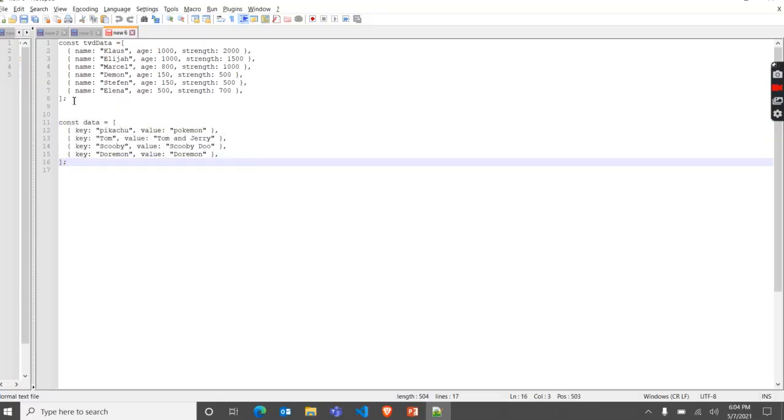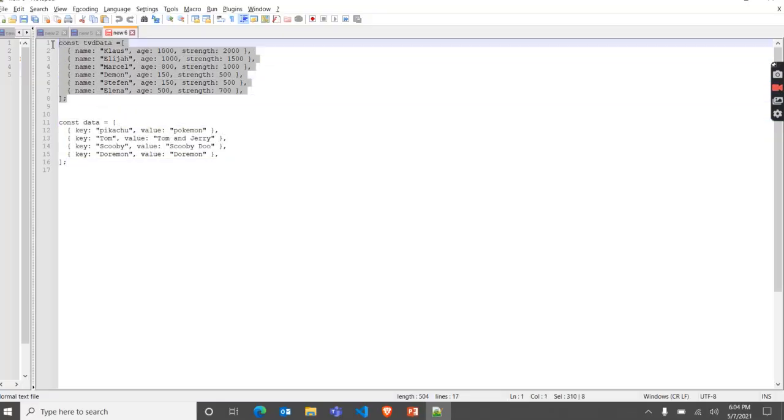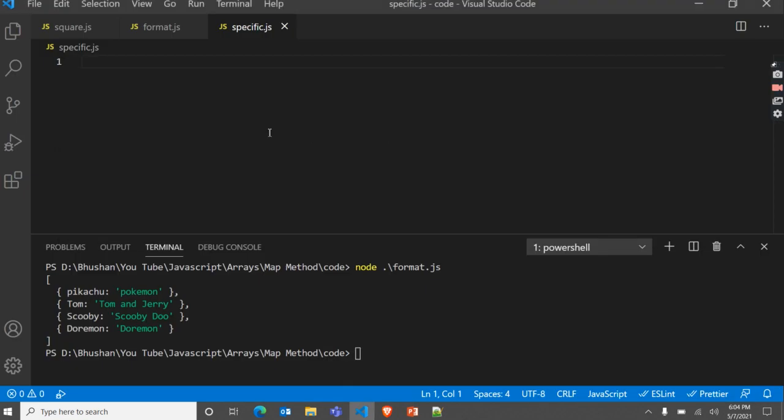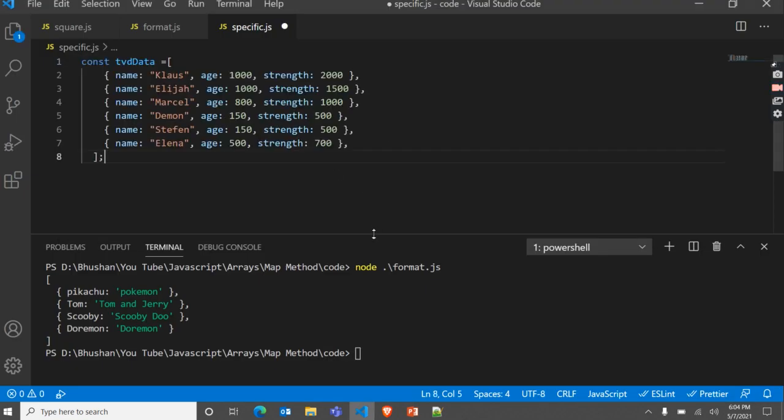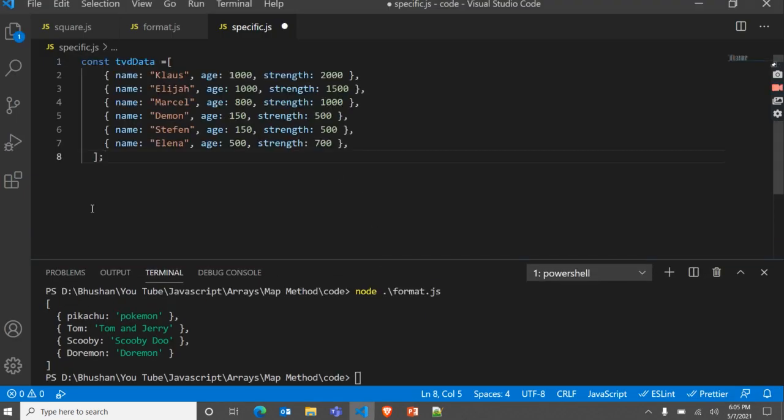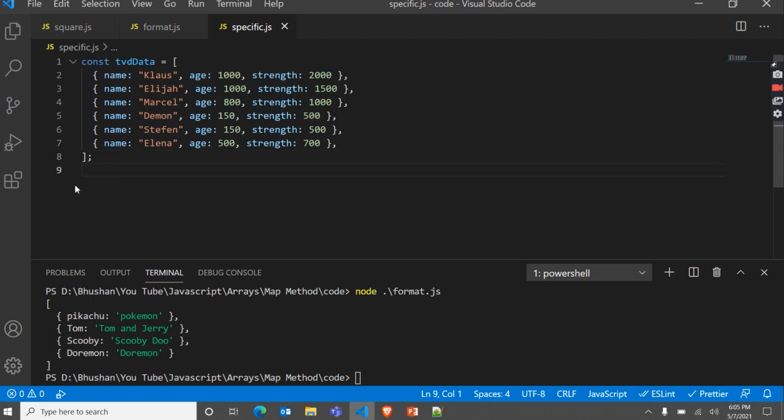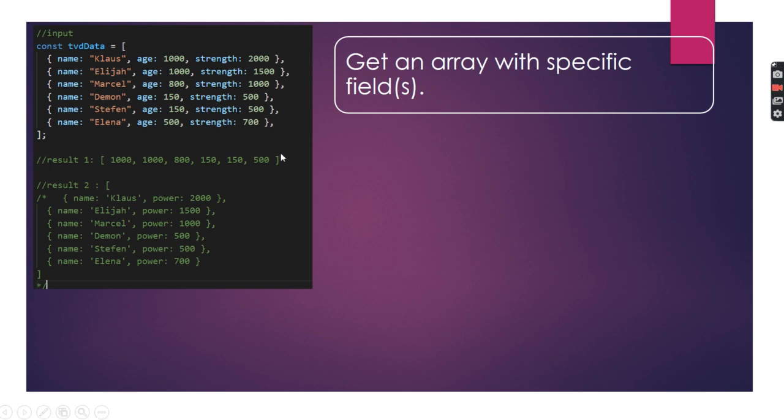I have this data, this one with TVD characters. TVD means The Vampire Diaries. And in result one we want all ages in an array. We don't want it like it is in an object, we want it in an array.